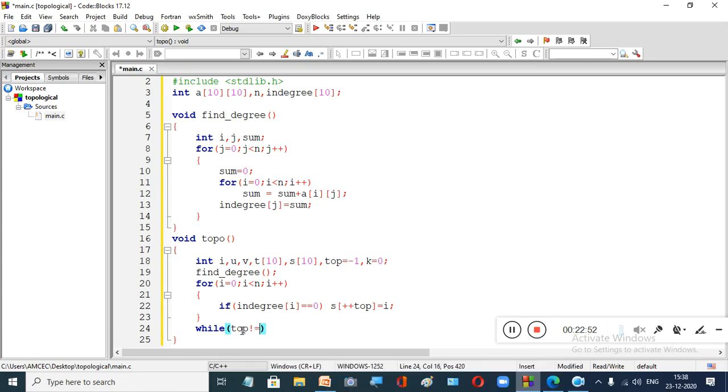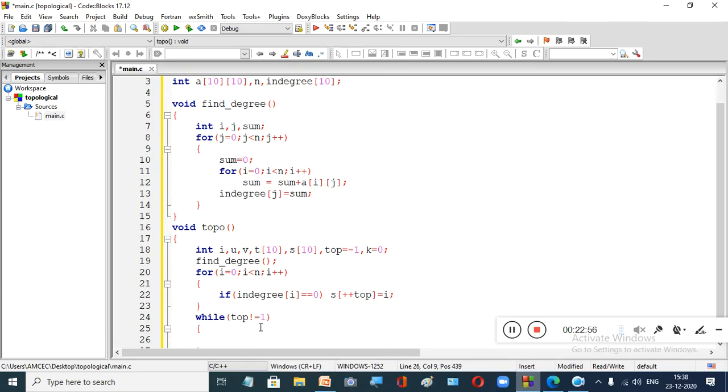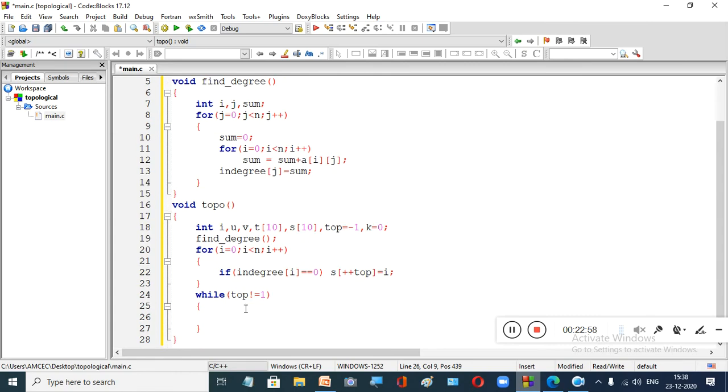While top not equal to -1, while the stack is not empty, first we will pop, that means we remove the first node whose in degree is 0, and put that in variable u.